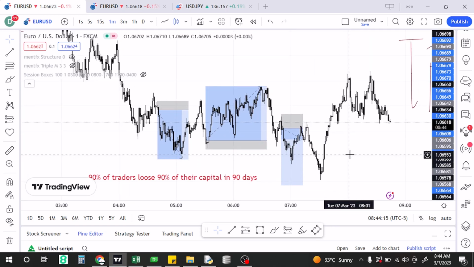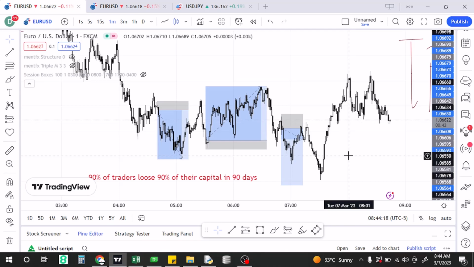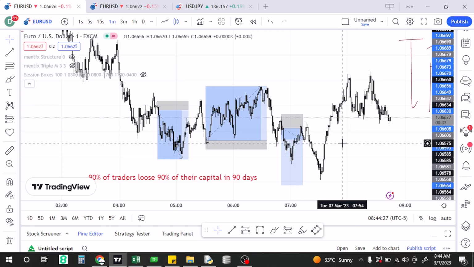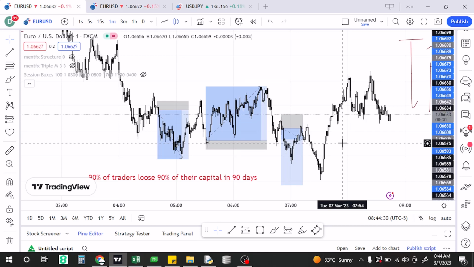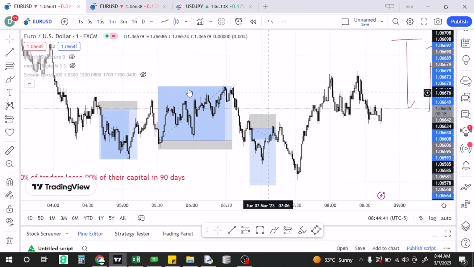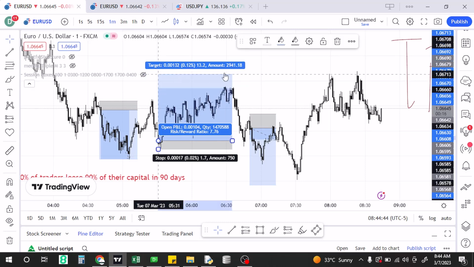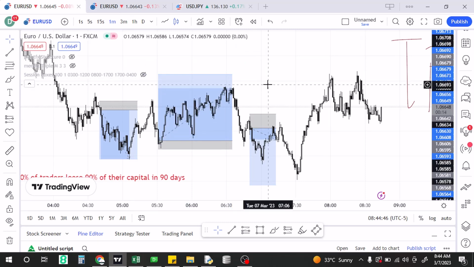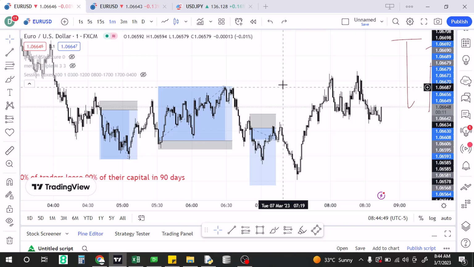So just state your goal, your reason for trading, and why you think trading is for you. State your goal first, so at least you have something to fall back on when you're taking a streak of losses and not following your trading plan and trying to recover that money instantly, which is a major thing that blows most forex accounts. But if you have a trading plan, it will limit you and keep you accountable for your actions during trading. So the first thing, your name, state your goal.